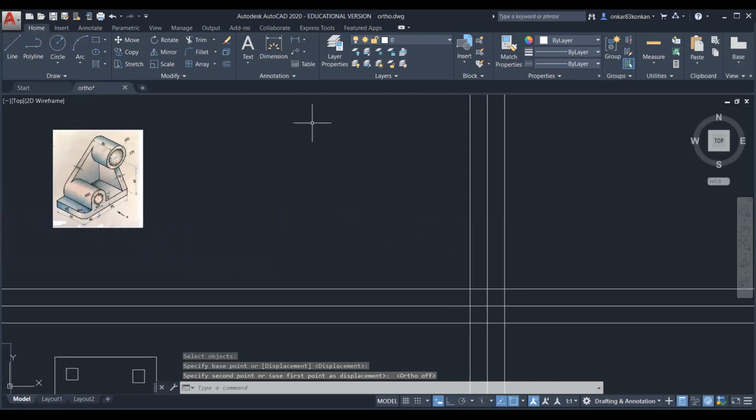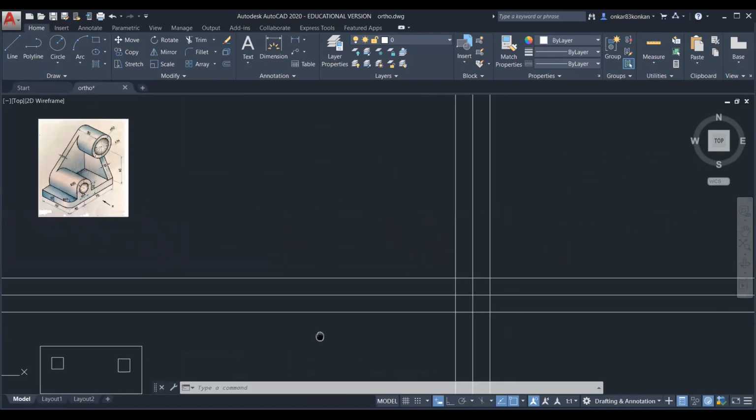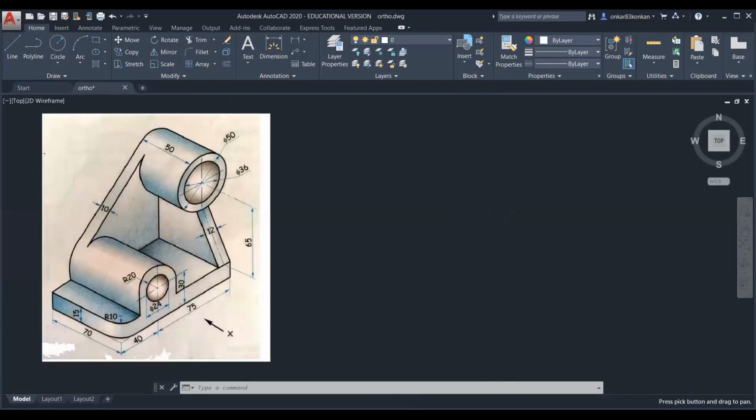So our front view, it will be here in the second quadrant. Left hand side will be on the right side, and this is the top view. So the reference rectangle, it is having the dimension. So this is 40 plus 75 minus 6, and plus 25.